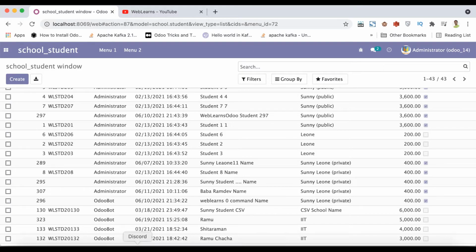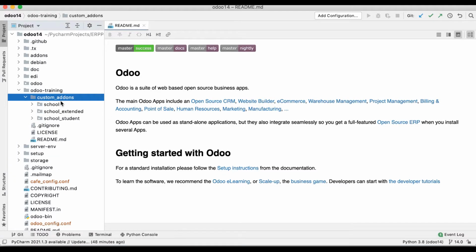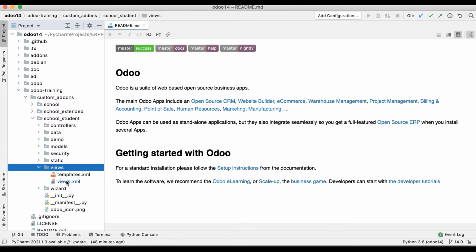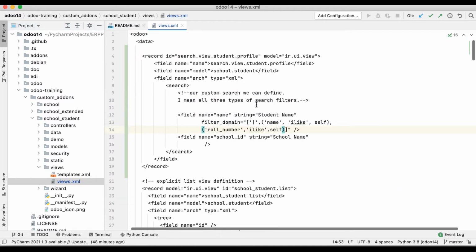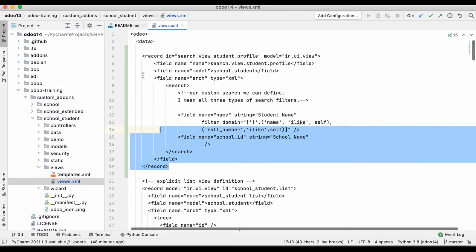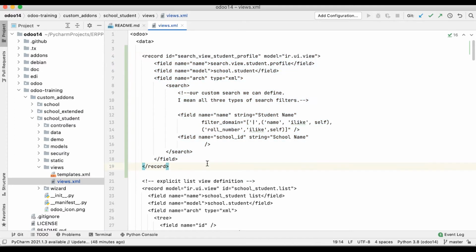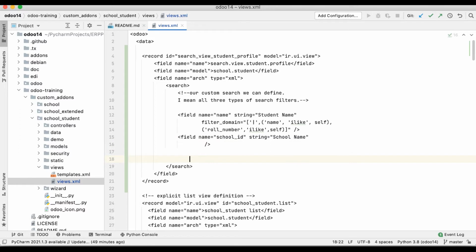For this, we have to go to the editor. Let me open the views.xml file, and you can see in our last discussion we talked about how to create the search view, and now we are trying to add that custom filter. For this, we have to use the filter tag.